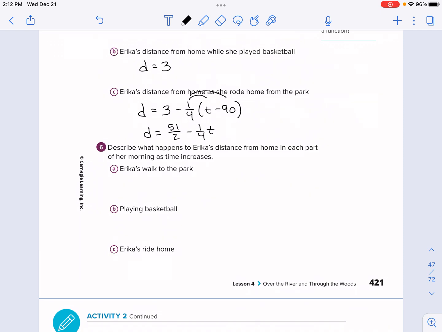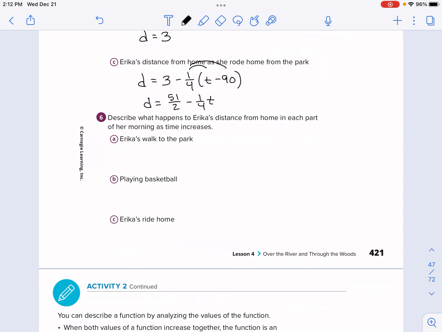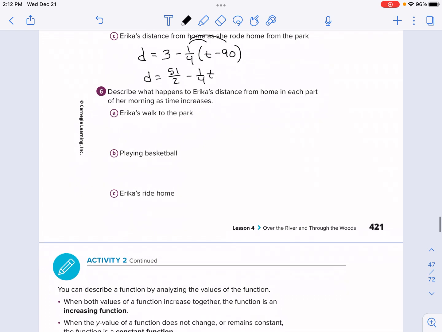Describe what happens to Erica's distance from home in each part of her morning as time increases. So time is always going to increase, right? Time does not decrease as the day goes on. So for this part, number 6, we're going to say as the time increases, I'll put INC. Walking to the park, does her distance increase? Does it decrease? Or does it stay the same? We're going to say that the distance from home